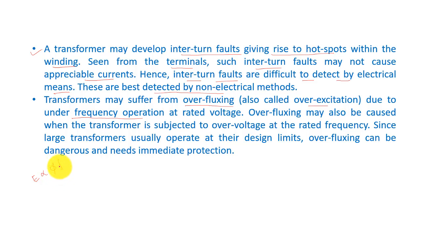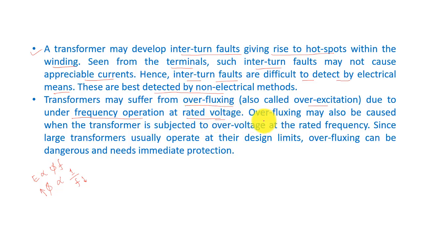So phi will be directly proportional to E by f. That means phi is inversely proportional to f. So as your frequency goes down, your flux will increase, right. So during under frequency operation at rated voltage,